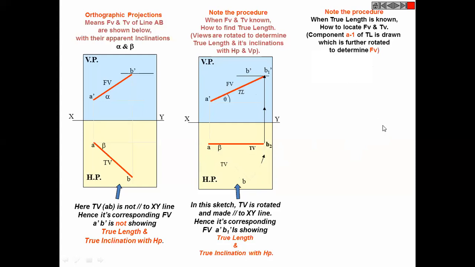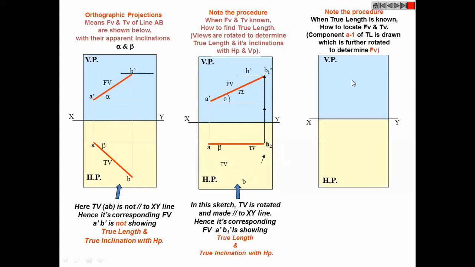Now the second side problem, reverse direction. Here we went to college from home. Now we will return home from college. The true length is known. Then you draw the front view and top view. How to do that? The true length is given, and the true angle is also known. Only then can we fix this true line.